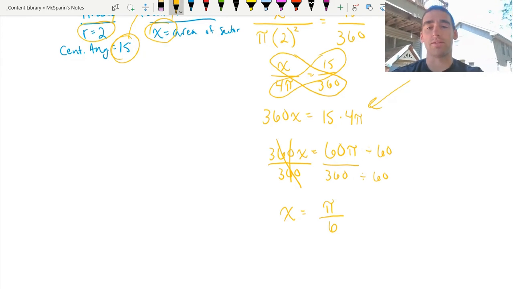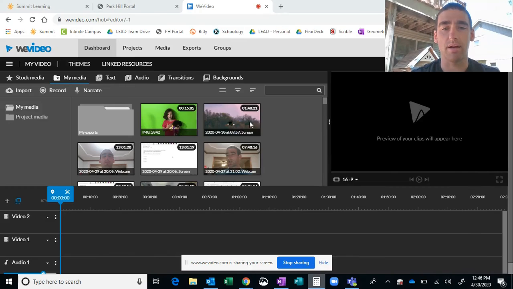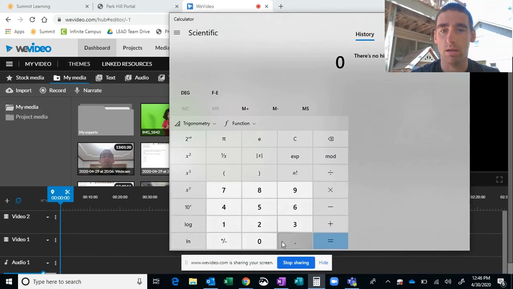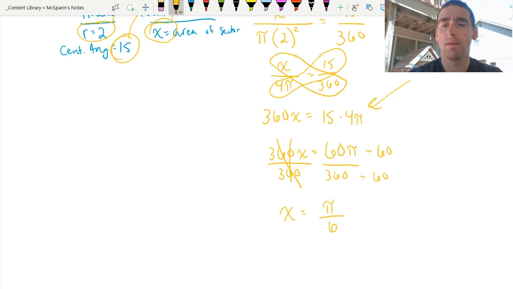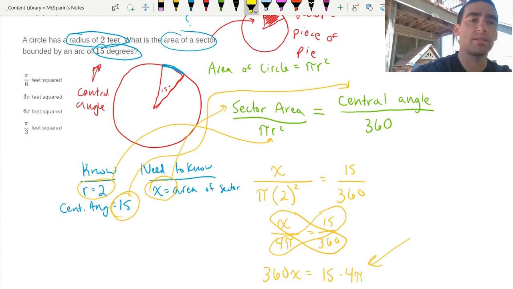Now you can do that in your calculator. So I mean, like here, I can even do that real quick just to show you guys. So I would just take in here and I would do 360 divided by 60 and see that I get 6. So I'm going to put 6 down in my denominator, and I leave it as pi over 6. Okay, so I'm going to go up here, and I can see that pi over 6 feet squared is my